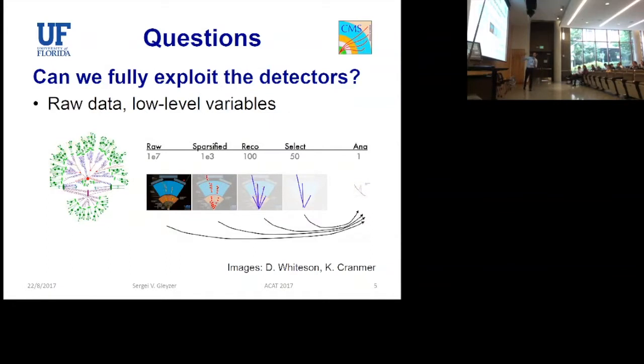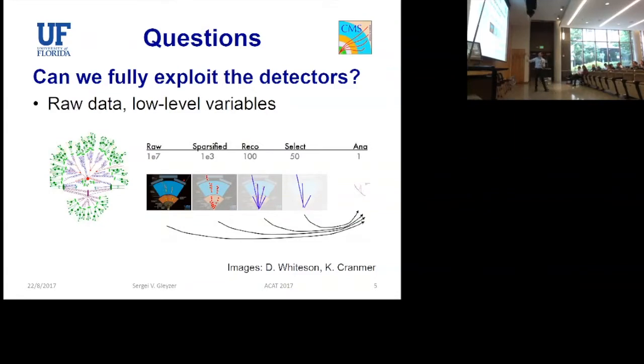So the idea is actually to see whether you can use some of the actual low-level data, low-level features, or whatever, variables. A feature is just basically a variable, to be able to build a model that doesn't necessarily perform all the other reconstruction algorithms which we've put in, which may be lossy in some way. Right? So we're trying to re-examine whether we can actually do better in some of these things, whether we're able to better identify single objects, whatever they may be, jets, photons, electrons, and so forth,